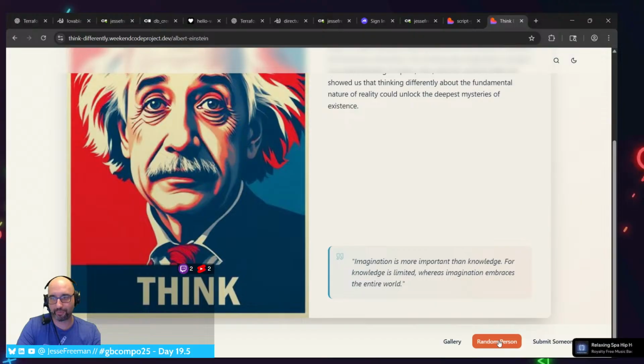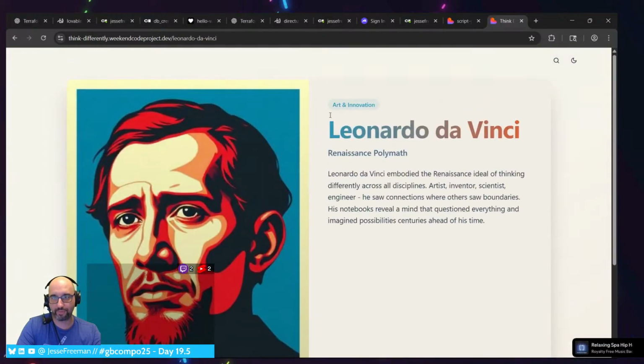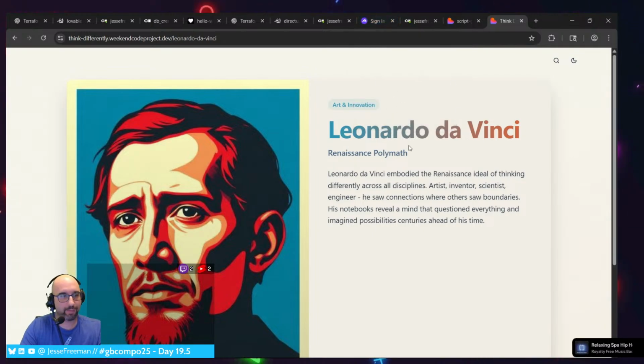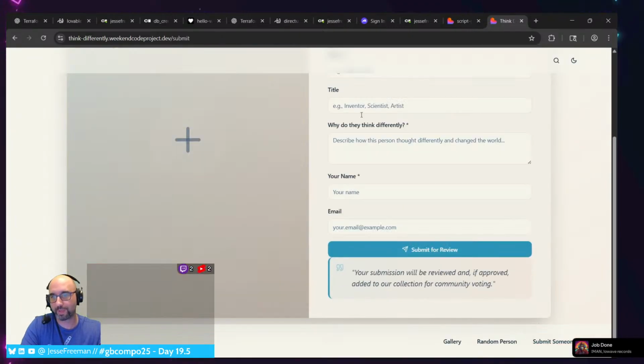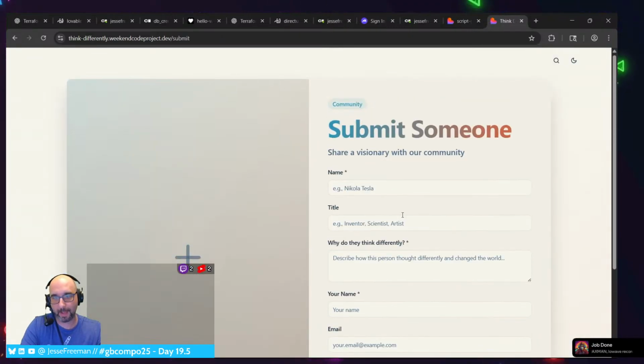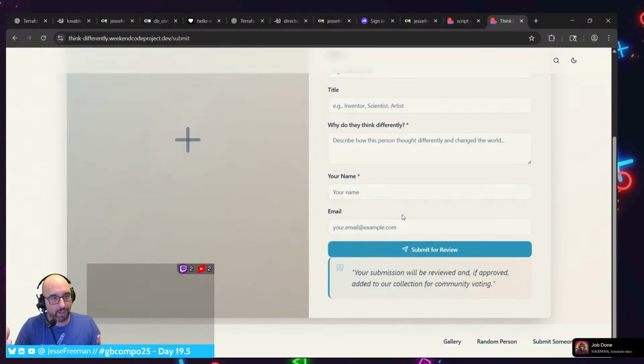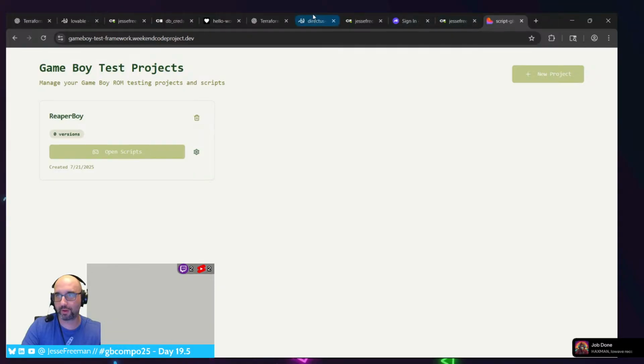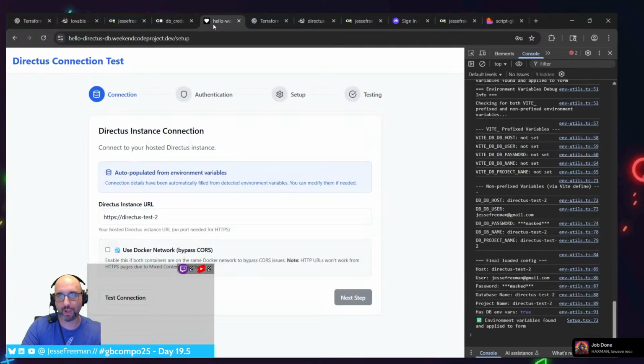different person. So this is one project, but I did want to create a database in the sense that there should be a place where you could submit a person, and then I wanted people to vote on it. It's so simple, but to set up a Supabase database for this is just ridiculous. But I can use something way smaller and lighter. So that's the end goal of this, is to be able to create these projects a lot quicker.